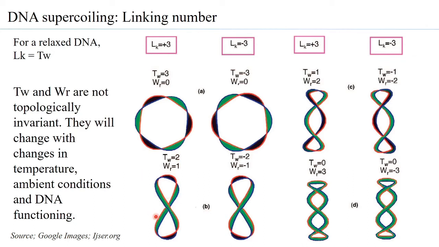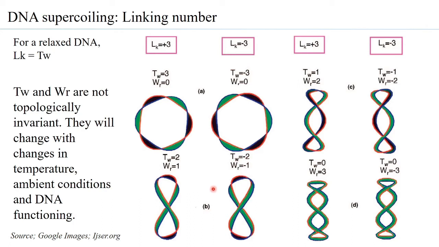So if the Wigner number is 1, then the twisting number becomes 2. Effectively the linking number remains 3, because 2 plus 1. Now the same applies here, but because the turn is towards the left hand, the Wigner number is -1 and so is the twisting number. So -2 plus -1 is again -3. I hope you've understood what we are trying to look at.